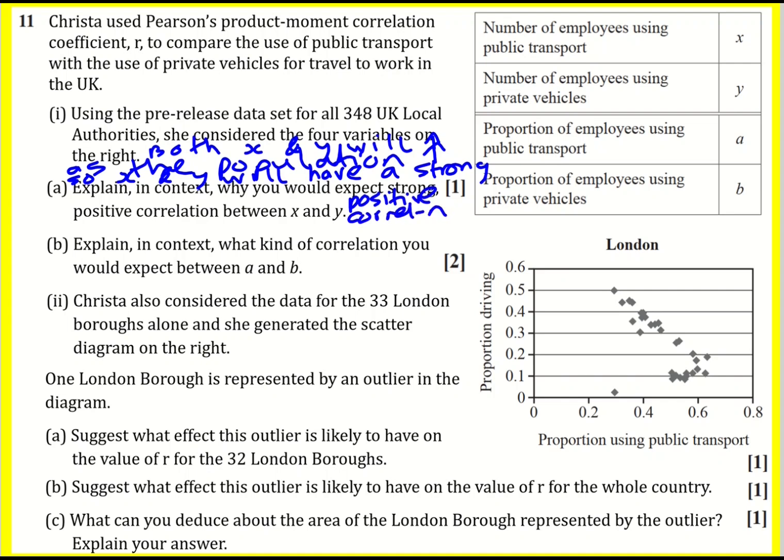Explain in context what kind of correlation you'd expect between A and B. Note now it's the proportion. I'm going to give a little hint later on in the diagram, to be fair. So it's going to be negative correlation. The reason is, remember it's proportion now, so it's not about the numbers. As a higher proportion use public transport, it's naturally going to mean a lower proportion is going to use private vehicles. The higher the proportion,